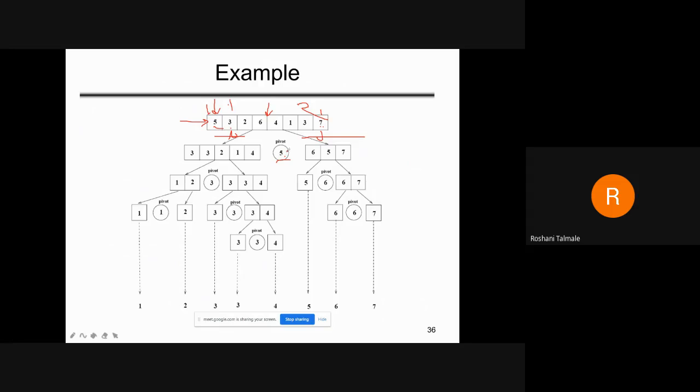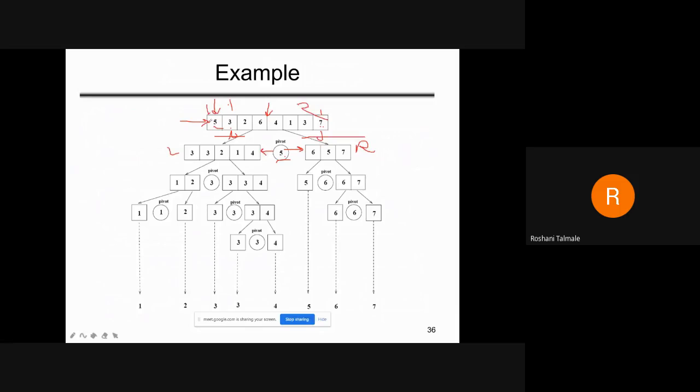So if the number is greater, then we will keep it in the right side of the array. And if the comparison number is smaller than the pivot element, then we will keep it in the left array. We will put it in the left array if that number is smaller than 5. And if the number is greater, then we will keep it in the right part. Okay, so see, I and j will give you the position in the array, and according to that it will take the value from this array, and 5 is the pivot element.